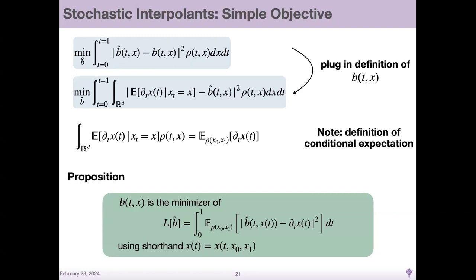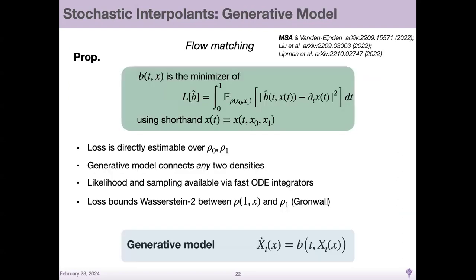So this gives us a nice simple description of how to learn a map between densities by introducing a path between the densities. We chose kind of a random path: we just said we're going to linearly interpolate at the level of samples stochastically. And then the dynamics of that linear interpolation give us the way to learn b. But the real idea is that you fix a path in the space of measures, and then you can do this. This is the same algorithm that Ricky Chen might talk about later today, which they've been calling flow matching. We call it the stochastic interpolant, thinking more about the object doing the interpolation. But the methods are exactly the same.